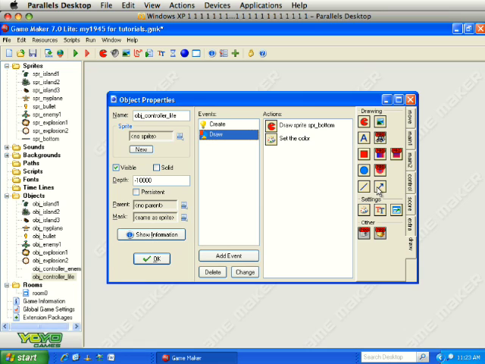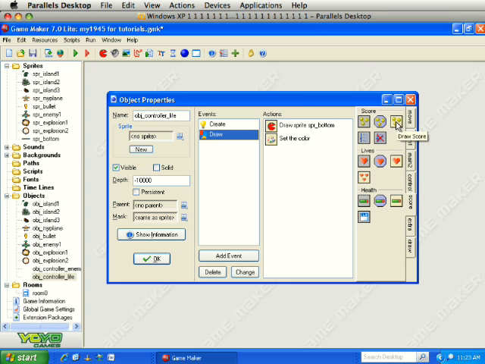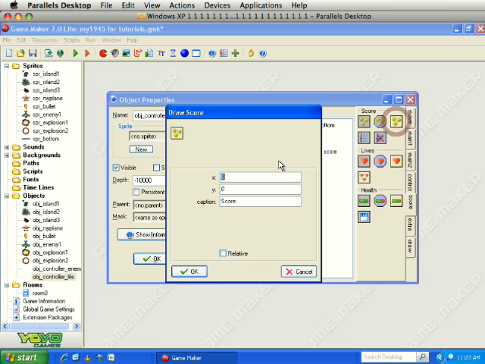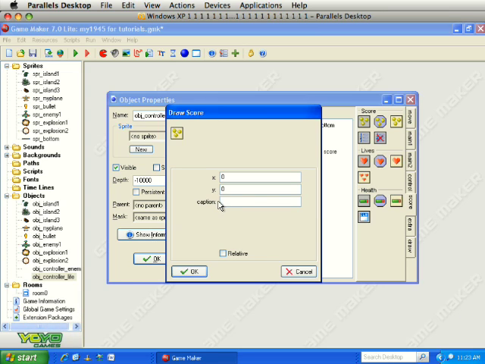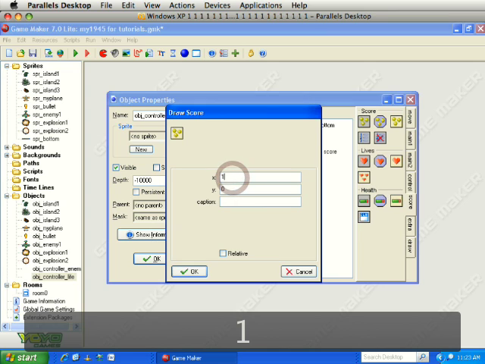So we're going to go to the score event, score tab, sorry. And up here it says draw score. I'll drag that out. Draw score as a value. The caption we're going to leave out because there's a caption on our graphic image, our sprite, that is the panel at the bottom. That has a caption on it already. We're going to set X to 180